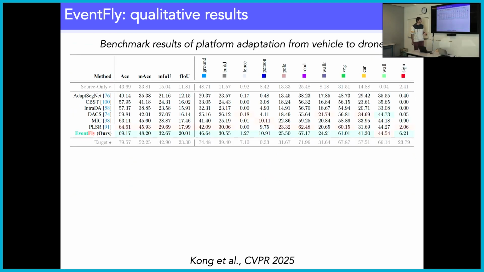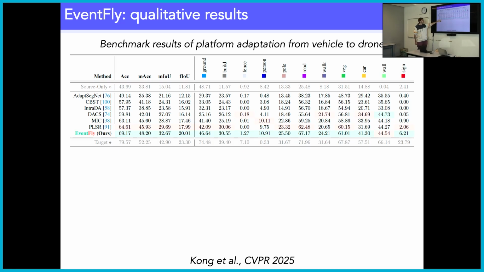And so if we look at numbers, what is important to check is the accuracy, the mean accuracy, the intersection over union. So the higher these values, the better the performance of the network. Here you have the value for source only. Once again, this is when the network is trained on data captured by one vehicle and tested on the data captured by another vehicle. And here, this is when the network is trained and tested on the same data.